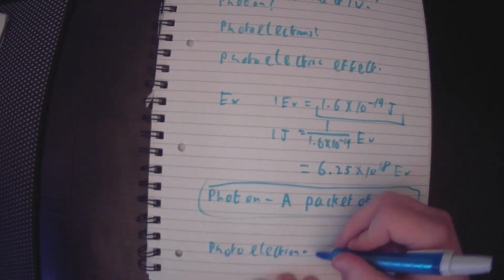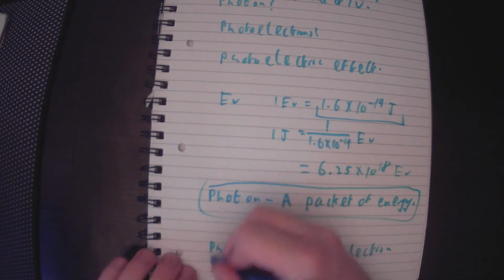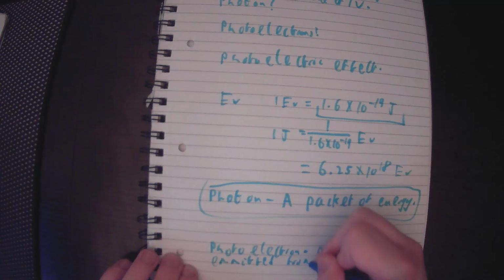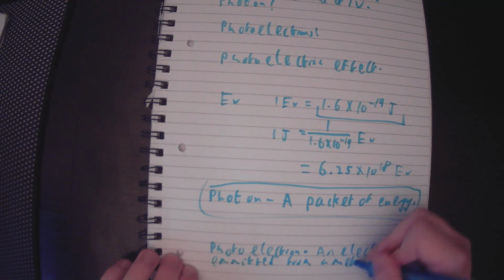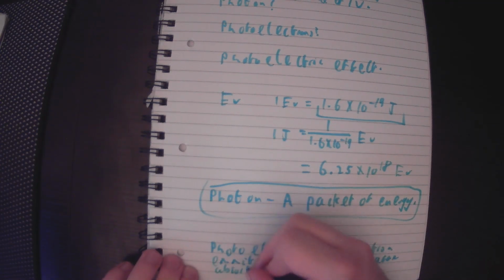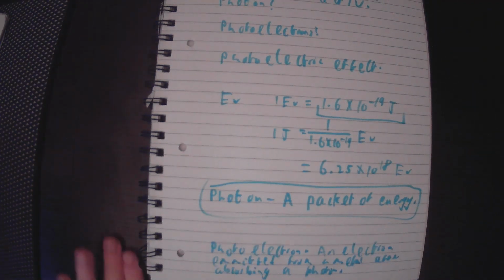A photoelectron is an electron emitted from a metal after absorbing a photon. Now, this is due to the photoelectric effect, which is something we are about to get onto, but